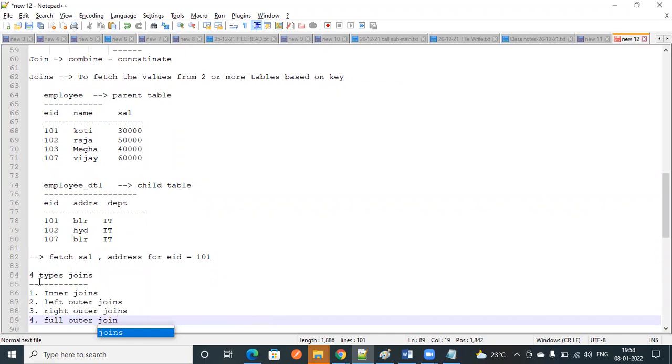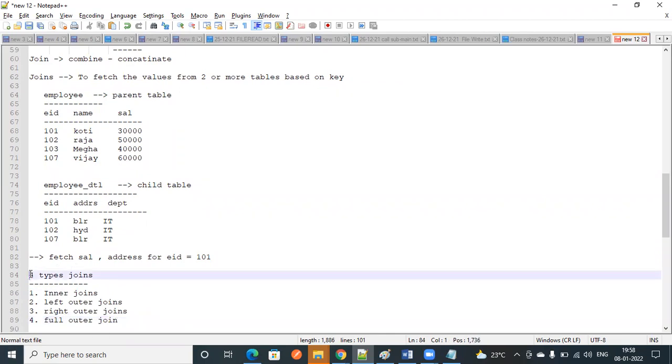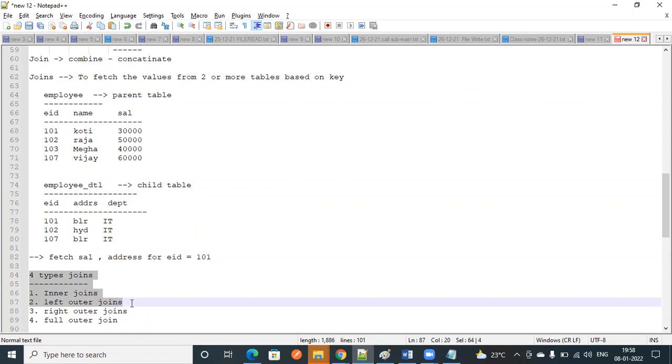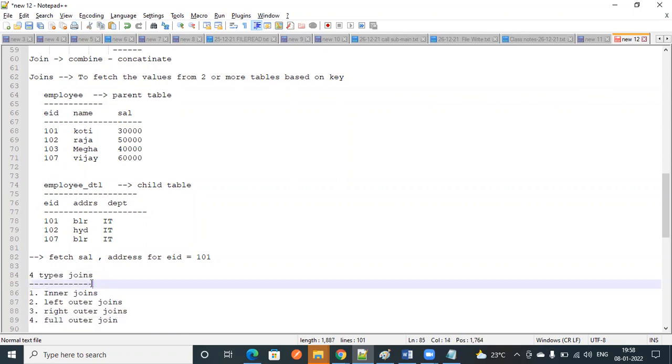But in most cases we are going to use inner join, 90%, and 10% left outer join or right outer join. We don't use full outer join at all, but these are the types of joins. Mostly we are going to use inner join and left outer join.